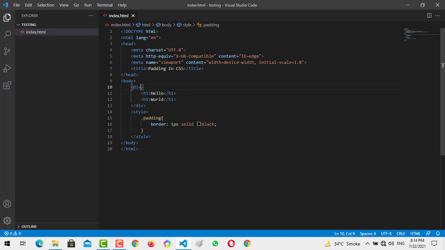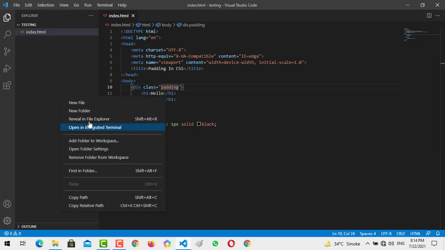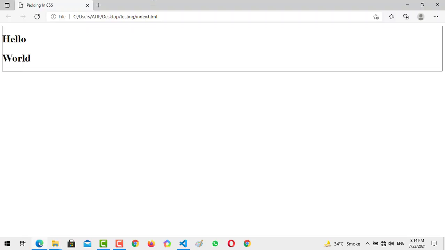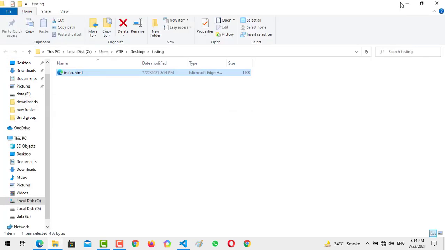So let's apply it with class equal to padding. I'm going to reveal it in the file explorer and open this one. So hello world. I'm going to implement the padding from the left. I just want to bring this thing to that side without assigning the align tag.